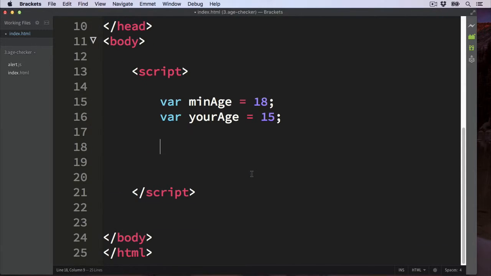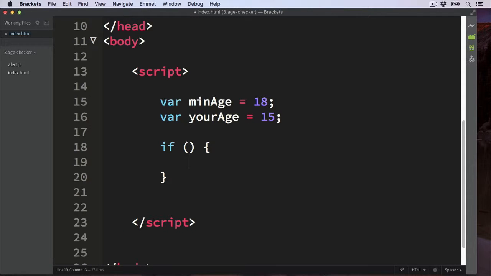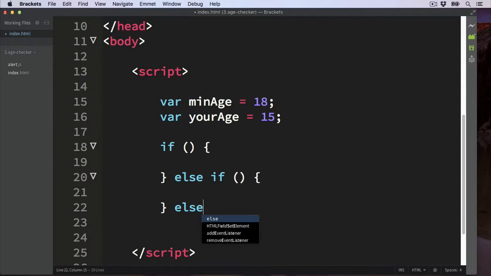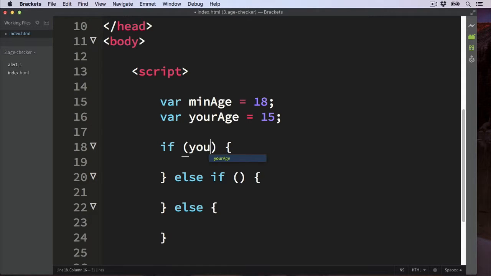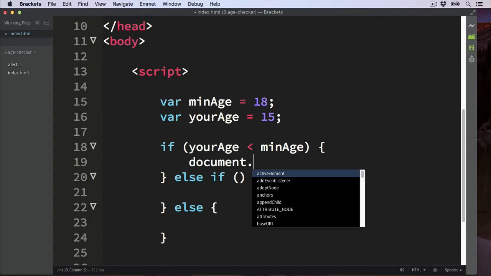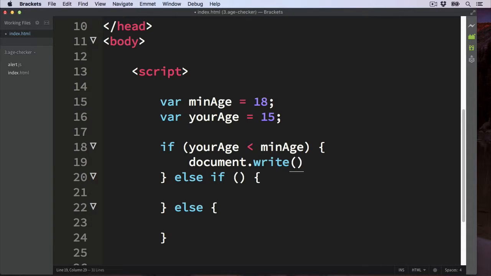And then create your if statement below. If you prefer to lay this all out empty first, just to make sure you've got everything in the right place, just like this, it can be useful just to make sure you don't miss any braces or brackets. Okay, so first of all, we want to check if you're underage. So we'll check the variable your age. So if your age is less than the minimum age, we'll create a message to the user with a document write. So inside the brackets, sorry, please come back